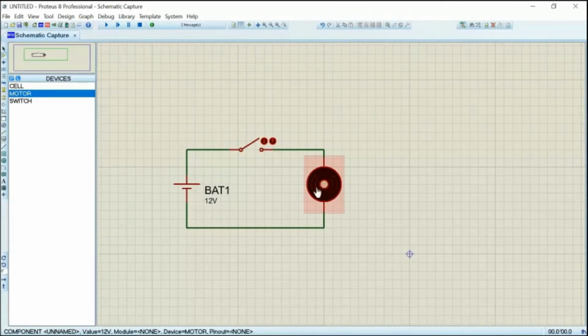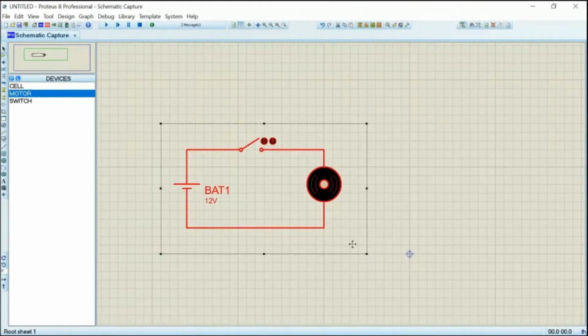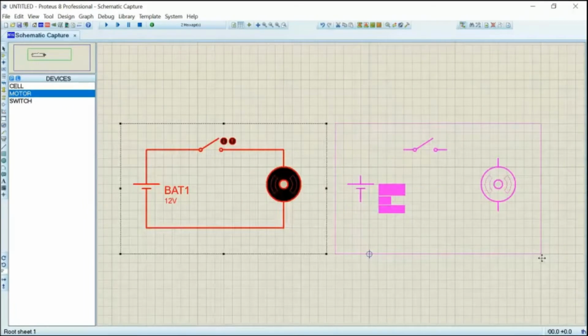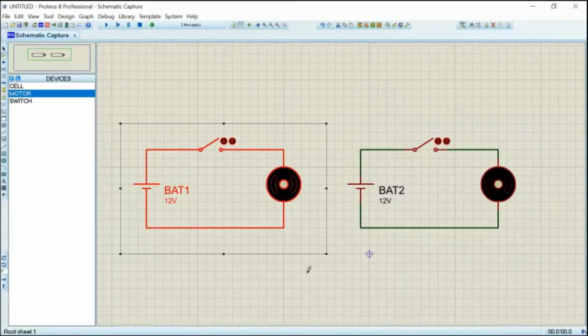I want to make the motor rotate in the anti-clockwise direction. So what do I do? I just click my mouse in some portion of the open window. I just cover the entire circuit. So there is a provision for copying this, block copy. So I just copy the entire structure and place it next to the circuit. I'm just copying because I don't want to repeat all the stages again. So I just block copy and then remove this.